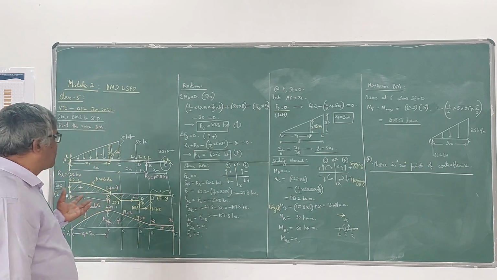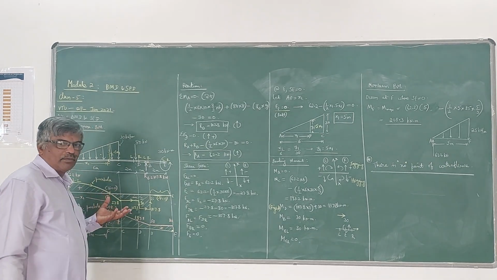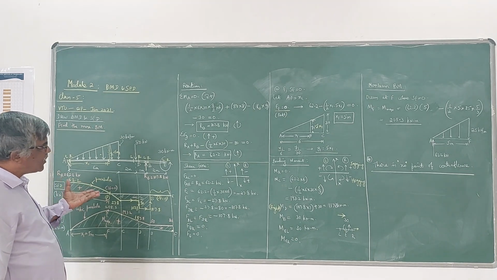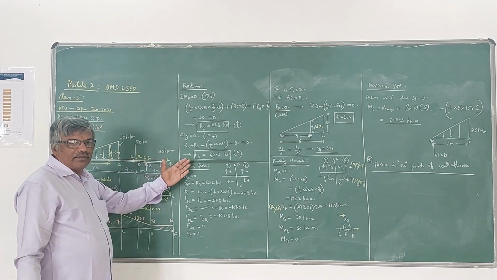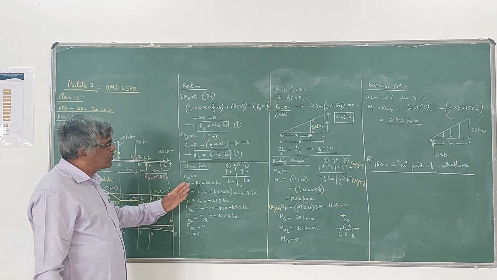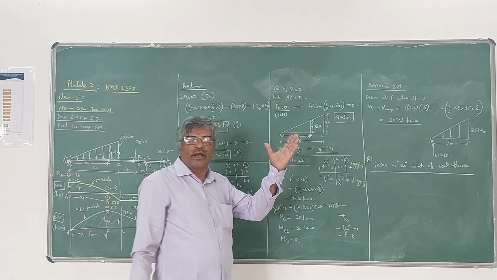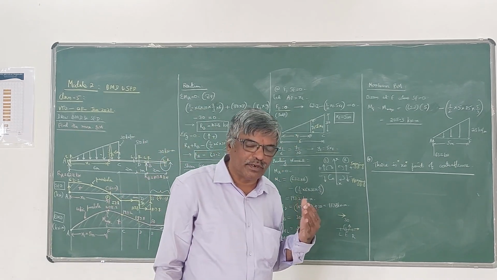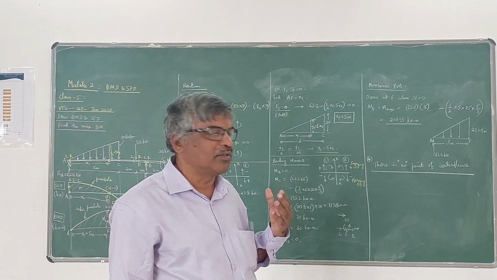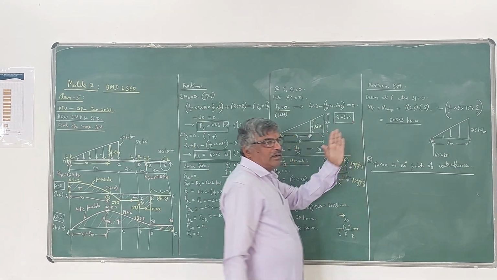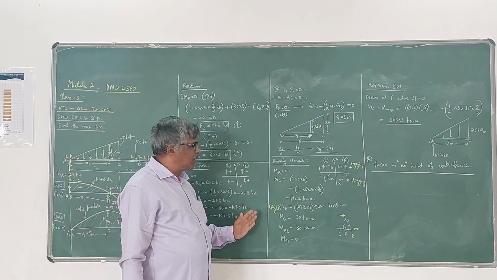This is another important problem, an examination problem carrying 12 to 14 marks. Here, the first step is to find the reactions, then find out the shear forces using the sign convention. Then where the shear force is 0, you locate that point by writing the expression of shear force at that point and equating it to 0. Find out the maximum bending moment at that point. Then calculate the bending moment values at the salient points.